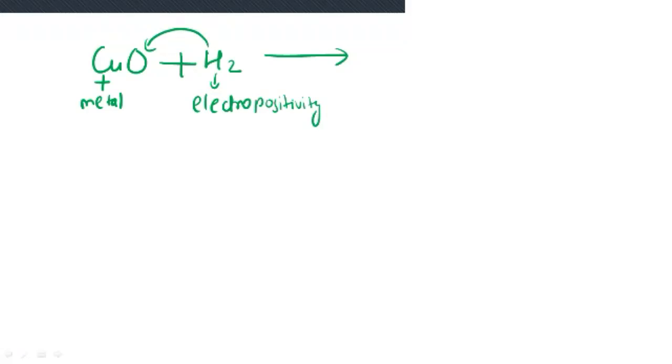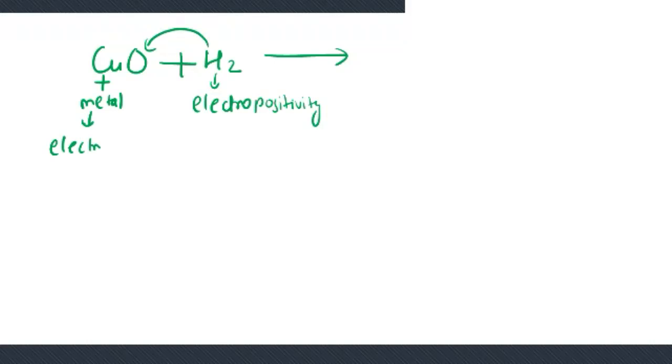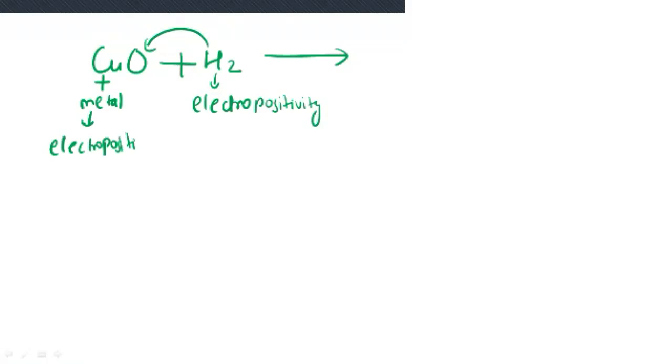Metal has electropositivity, and this also has electropositivity, so they cannot form the bond. It's simple, बहुत अच्छा इंपॉर्टेंट कॉन्सेप्ट बता रहा हूं मैं यहाँ पर, that they cannot form the bond because metals do not form a bond with metals, they replace the metals. Metals and non-metals form the bond. Electropositive और electropositive bond नहीं बनाएंगे, they will repel basically, मैग्नेट की तरह समझो। सेम पोल्स अट्रैक्ट नहीं करेंगे, अपोजिट ही अट्रैक्ट करते हैं।